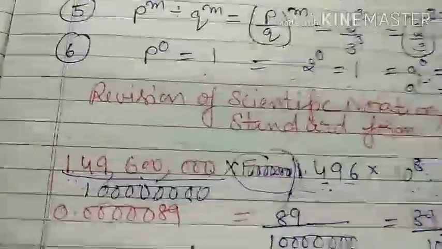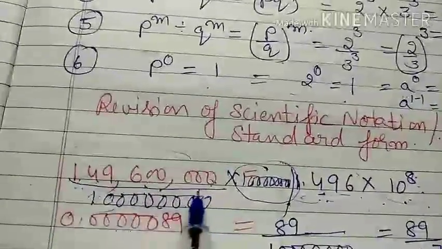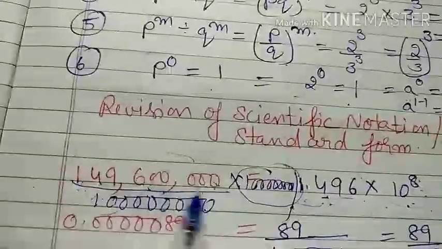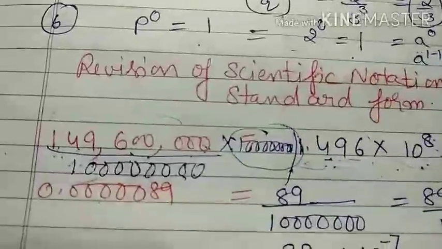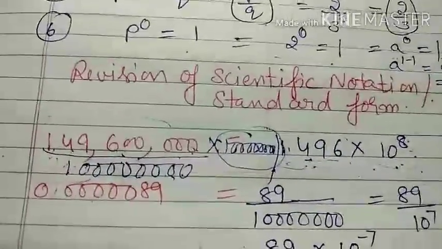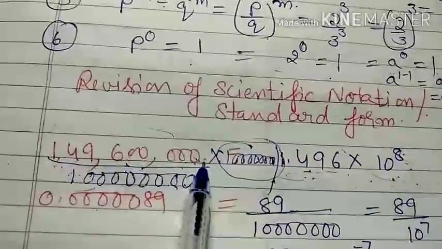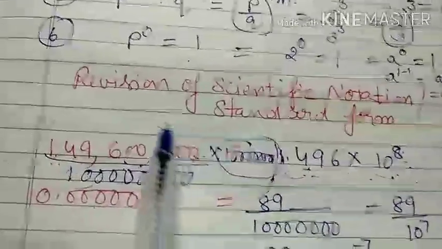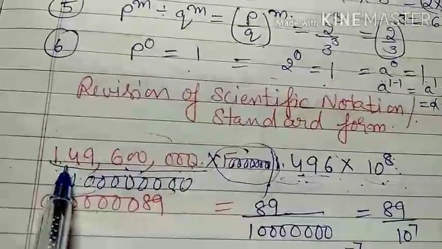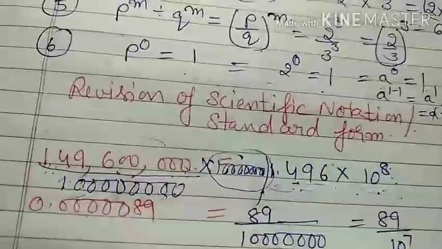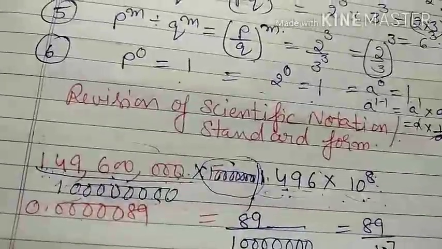The condition is that when you divide by a multiple of 10, your decimal shifts to the left side, but when you multiply by a multiple of 10, the decimal shifts to the right side. Simple. If there is no sign, we consider that there is a decimal sign at the end. Then however many zeros are present, you count that many digits from the left side and mark the decimal.